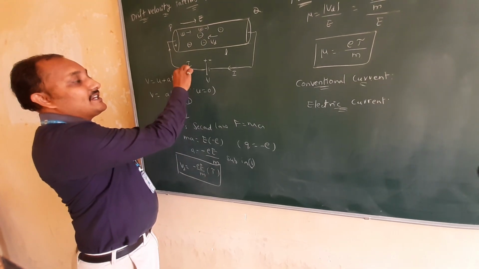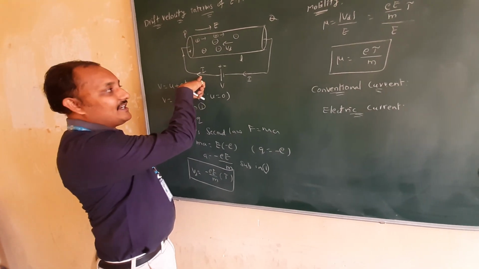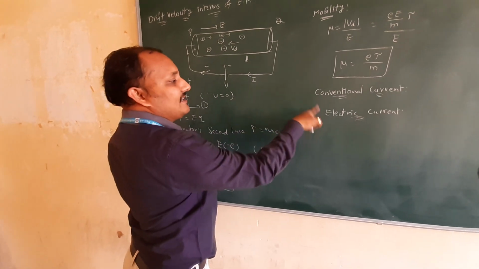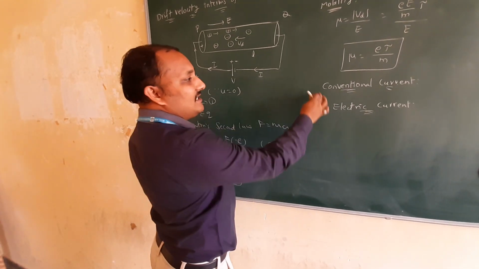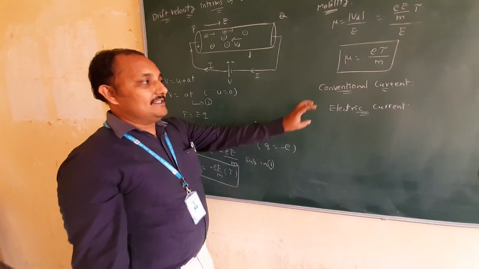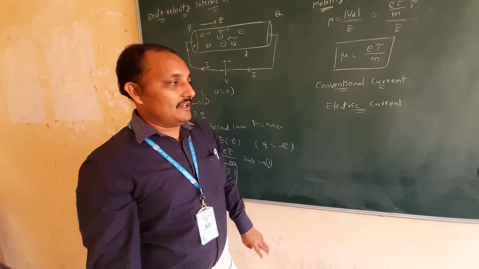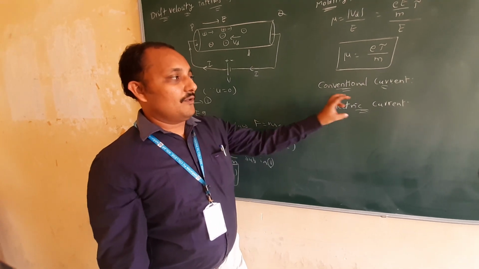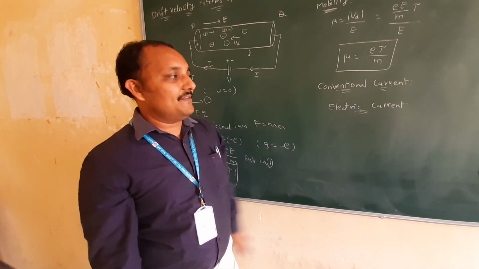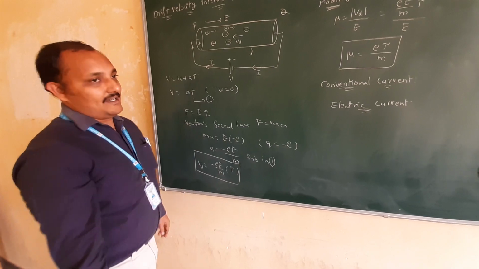Up to now I didn't give direction. From now onwards we have to give the direction of the current, because I explained what conventional current is and what electric current is. These definitions they won't ask in the exam. They will just ask the definition of current, or electric current. The amount of charge flowing in unit time, or the rate of change of charge, is called current.